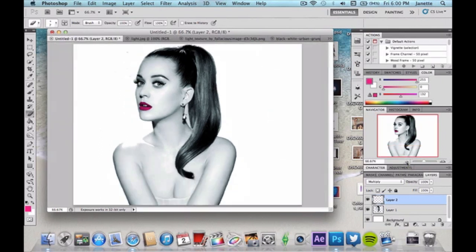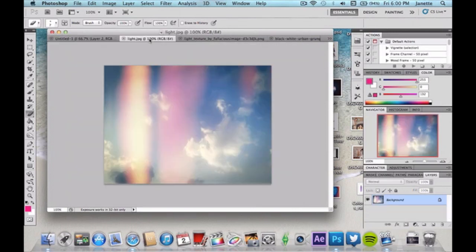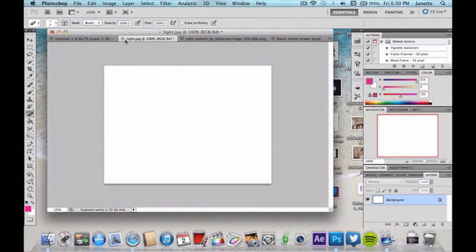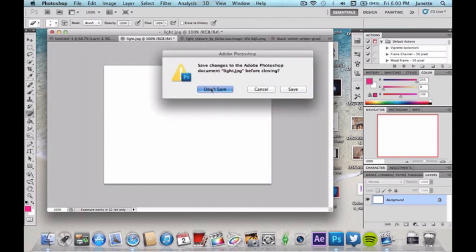Now, we're going to take it a step further, and we're going to add some cool textures to this. I already have them open here, and they will be provided for you in the description below. I would never leave you hanging like this because I'm not that kind of person. Although sometimes I do tell you to go to google.com, but for now, I'll give you these because these work best. So go ahead and use this one here and cut that out, and then go ahead and paste it